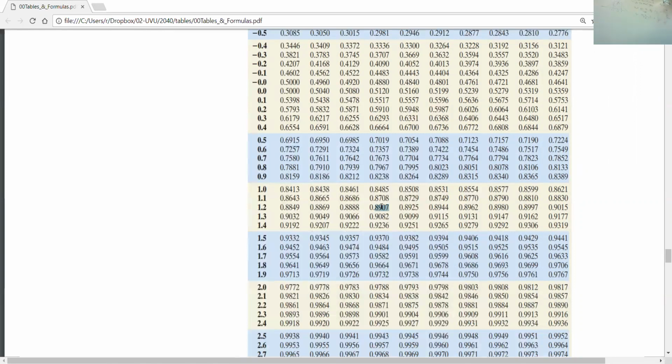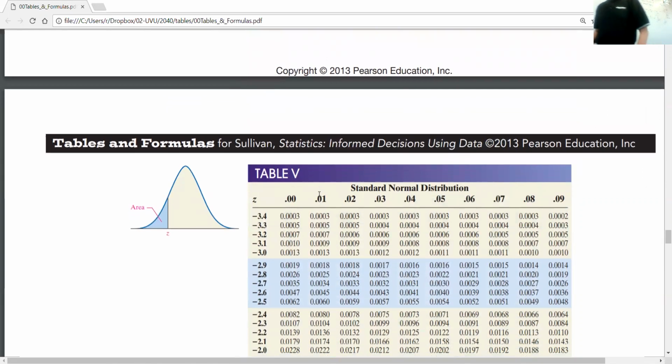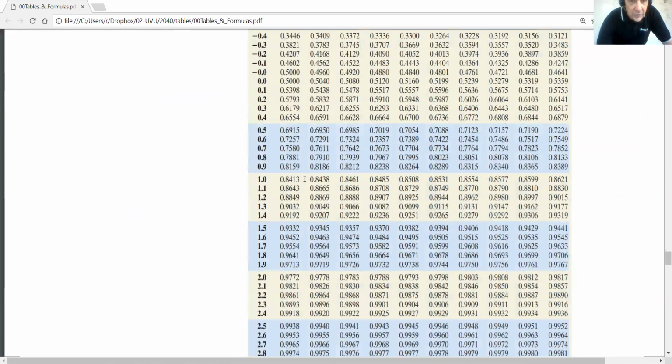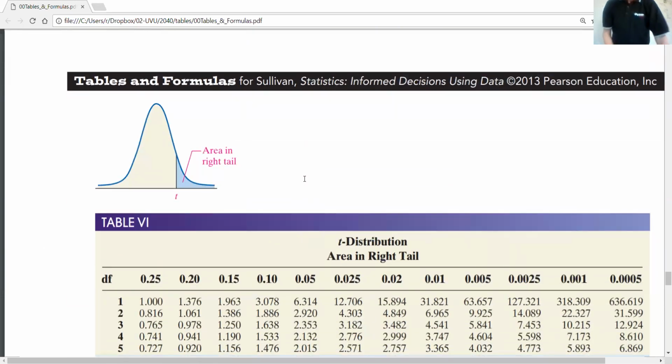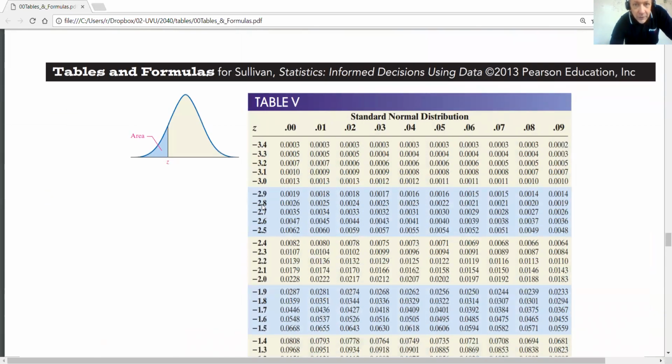Okay? Now, the one thing that I do want to point out to you, should have pointed this out already, you do want to pay attention to this picture here, okay? Notice that this picture is shaded blue to the left. Now, depending on the chart that you use, if we're using this other chart here, this is a t-score. We don't need this one today. We're going to learn this one later, though. Notice this one is shaded to the right, okay? Now, if I had gone back to this one here, okay,